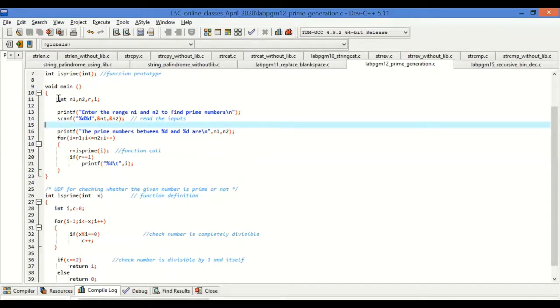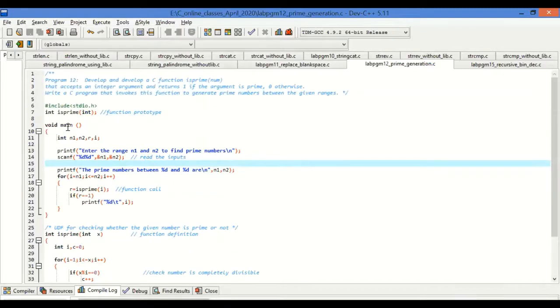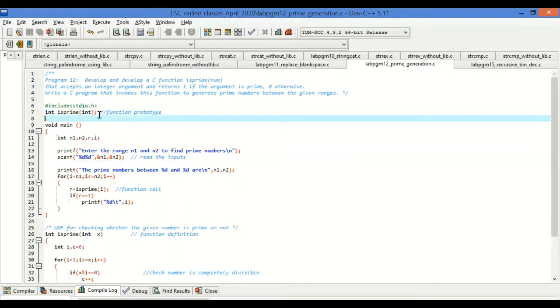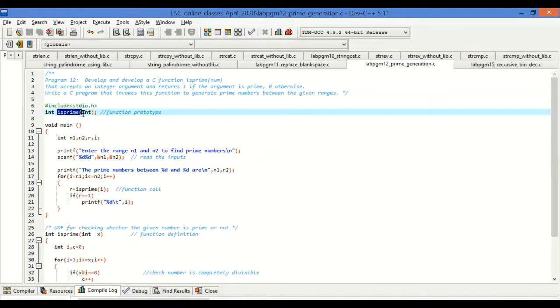So I'll just brief the program. Here I have written a subfunction to find whether a number is prime or not: int is_prime, and the function receives a number. I'll give some number as input to this function. It will check whether that number is prime or not and return 0 or 1. 0 means not prime, 1 means it is prime. Here I have not defined the function body, I have just declared the function. I have written the prototype with a semicolon, that means it is a function declaration. I've defined the function below main.